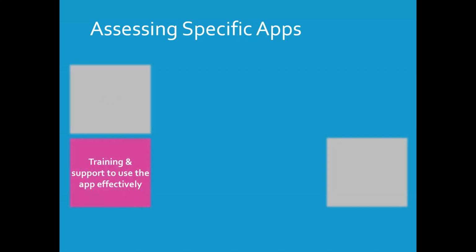Okay, and then in assessing each of the specific apps, this is very much tailored to our summary of needs. Now, our summary of needs can vary business to business, it absolutely can. So I've just put some examples here of needs and the typical questions that we may ask when we're considering apps in these processes. Like I say, this is probably where it becomes a little bit difficult to present, because every business's needs may be slightly different. So first of all, if I've identified a need to have training and support to use